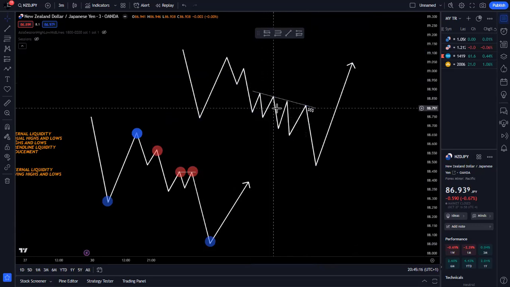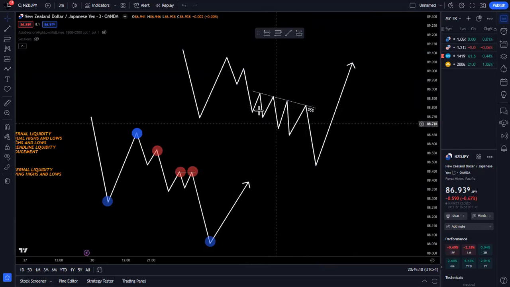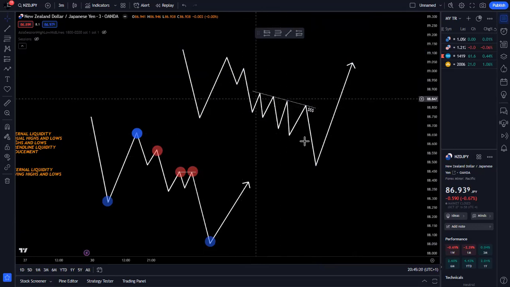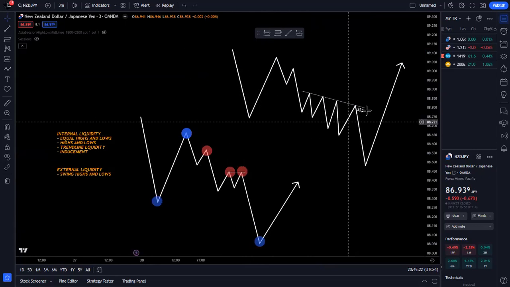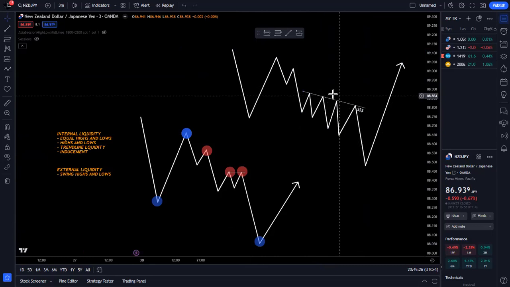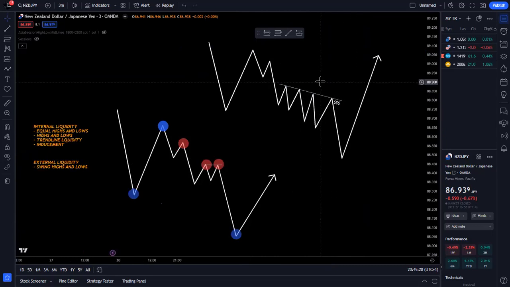whereby you get to see that something like a channel forms in between price movement. You highlight your trend line, and then of course what lies above this is liquidity. Now let me explain how you know